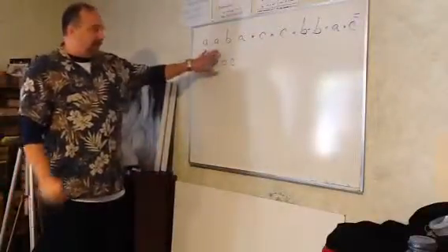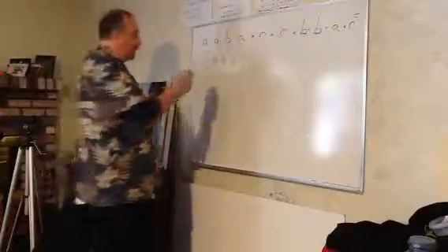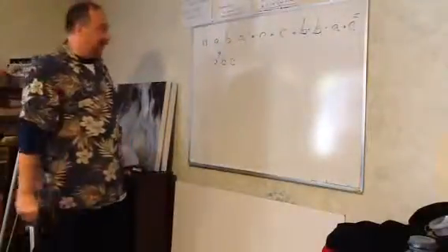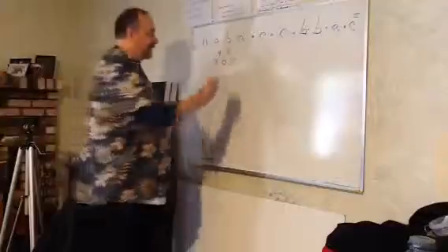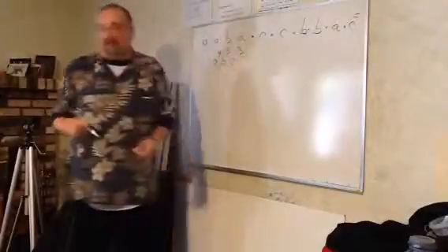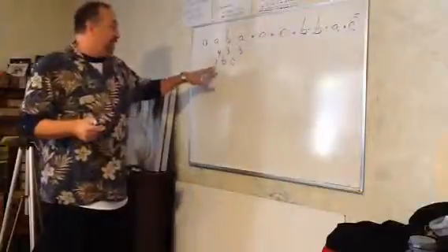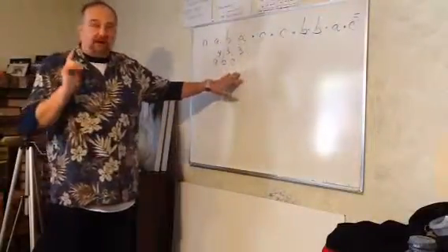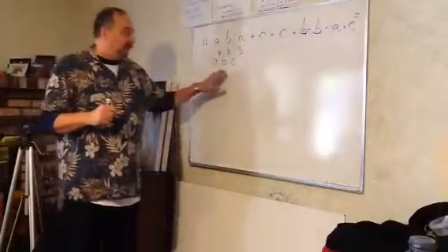How many A's do we have, Lauren? How many B's do we have, Rem? 3. How many C's do we have, Aiden? 3. Very well done. So what our product is A to the 4th power, B to the 3rd power, C to the 3rd power, or if you prefer a bit more informally, A to the 4th, B to the 3rd,